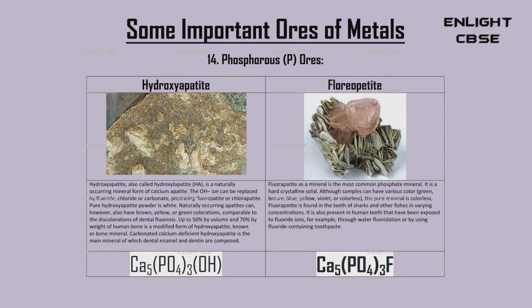Fluorapatite as a mineral is the most common phosphate mineral. It is a hard crystalline solid. Although samples can have various colors, green, brown, blue, yellow, violet, or colorless, the pure mineral is colorless. Fluorapatite is found in the teeth of sharks and other fishes in varying concentrations. It is also present in human teeth that have been exposed to fluoride ions,